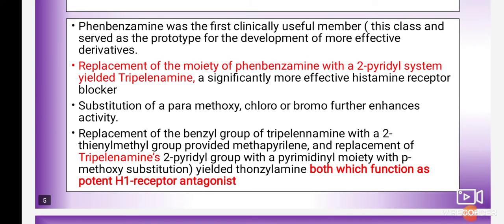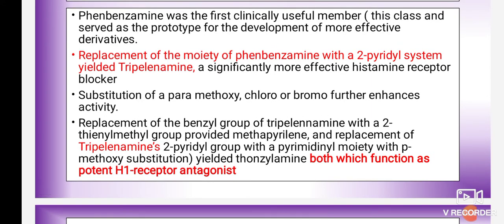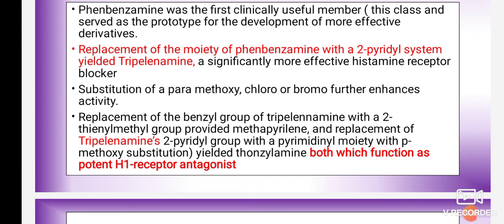The next point: substitution of para-methoxy, chloro or bromo further enhances activity. These are electron withdrawing groups like chloro and bromo. Substitution at the para position with a methoxy, chloro or bromo group enhances the activity. In the exam they may ask what is the effect of the presence of a methoxy, chloro or bromo group in the para position. You have to explain that due to substitution of para methoxy, chloro and bromo, there is